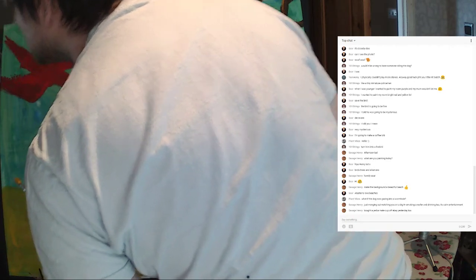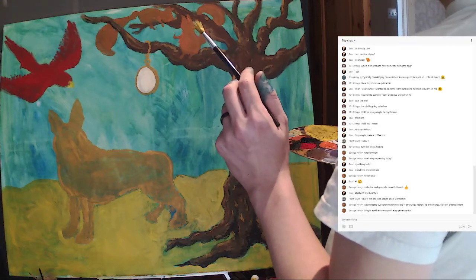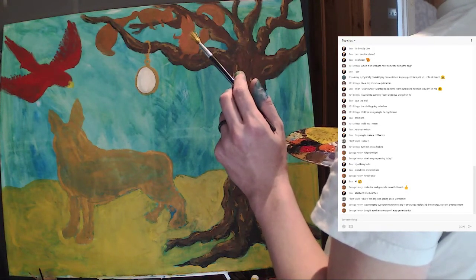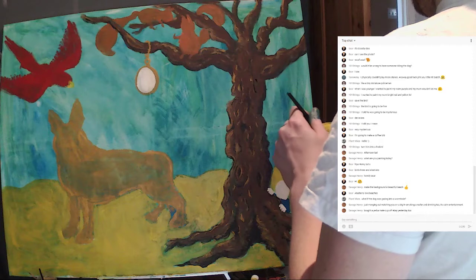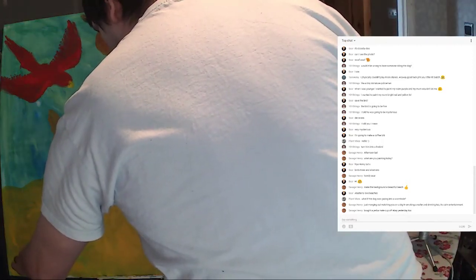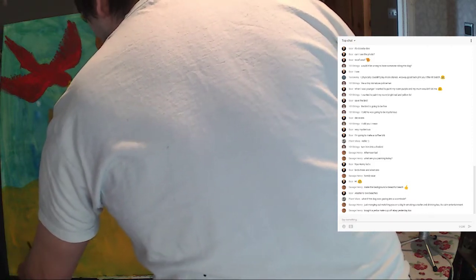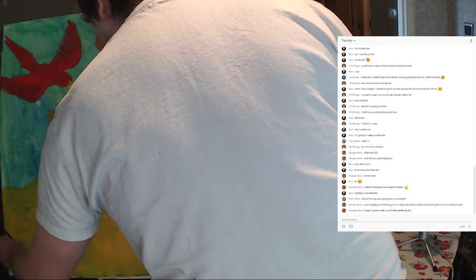What if the dog was gazing into a wormhole? It could be. Let me just put something on here. Hold on, wait. Let me just get some, because I'm trying to get this beach. Just remind me if I forget that. That's a good suggestion. I don't know how I would do it, but